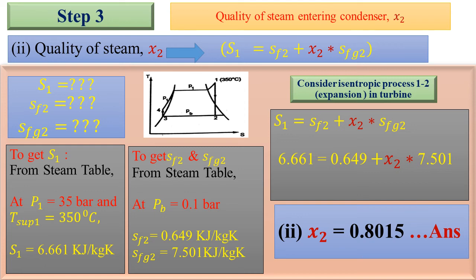From the TS diagram we can also observe that point 1 is in the superheated region, while point 2 is in the wet region, but it is much closer to the saturated vapor line. As point 2 is closer to the saturated vapor line, the dryness fraction value should also be higher. The TS diagram itself indicates it and our answer also shows it. So it gets validated that the answer X2 is correct. It is 0.8015, which means at state 2 the steam will be more dry, the liquid or moisture content will be lesser and the gaseous, or vapor, content will be more.